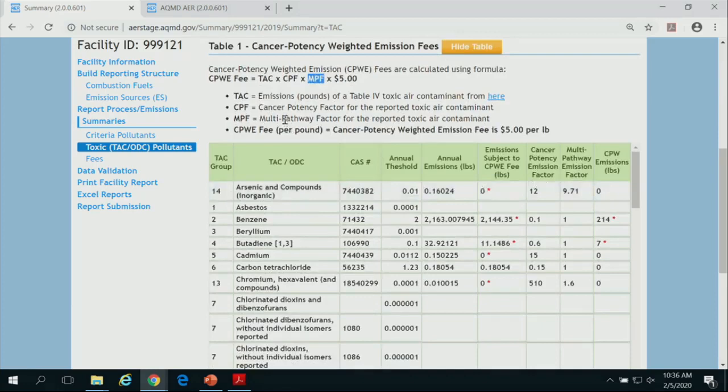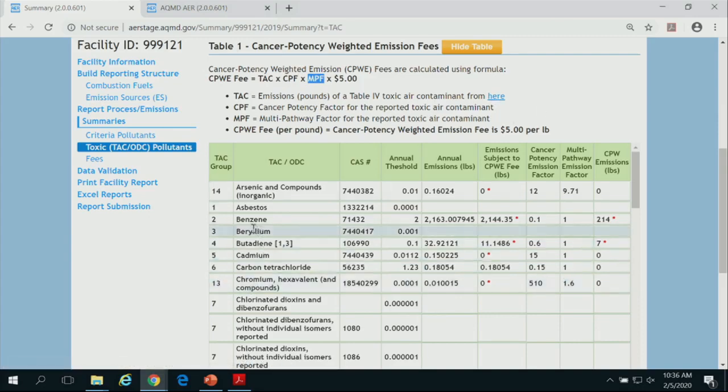If you need to see that table that I pointed out, there's a link provided here to the Rule 301. You can click on it, go look for Table 4, and see what the thresholds are. But all the information there, we included here so you don't have to go there.